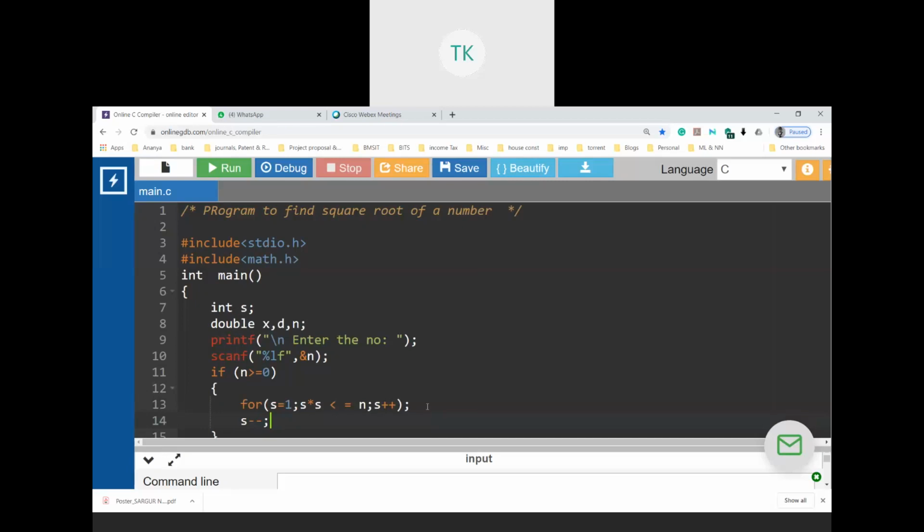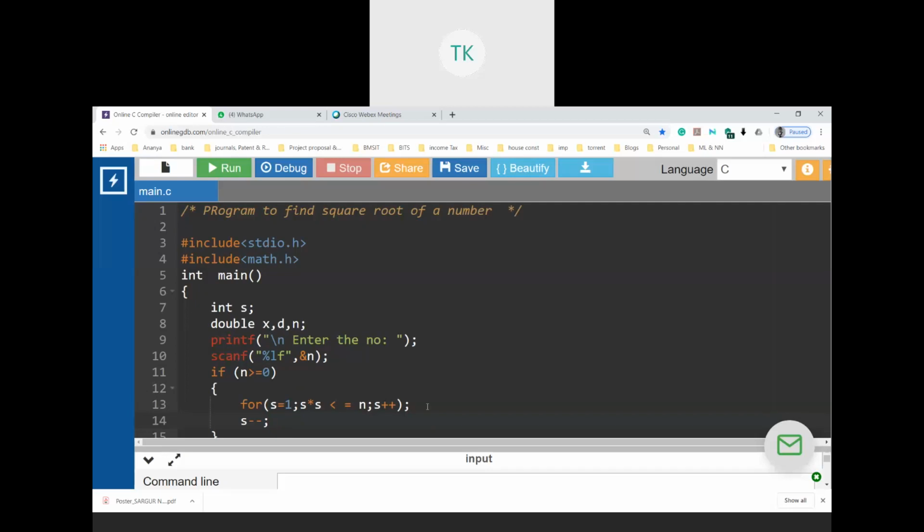So the square root of 29 would be 5 point something. That's something we will find out now, but 5 we have already found out. 5 is nothing but the value that is stored in S. Am I right?